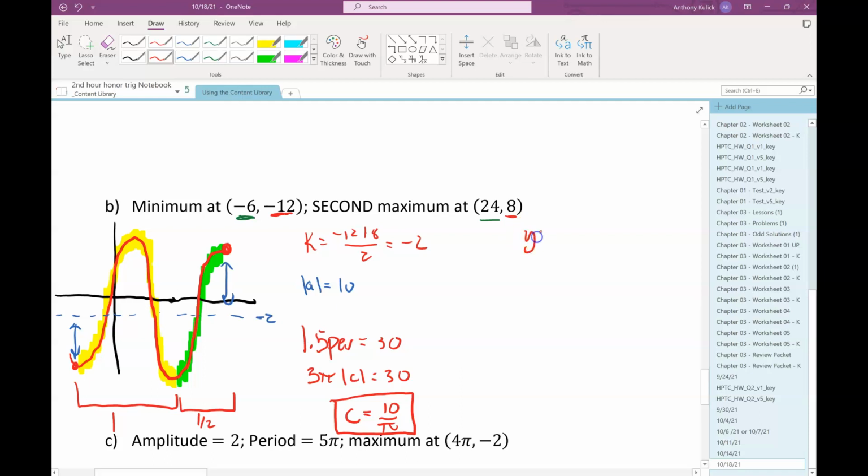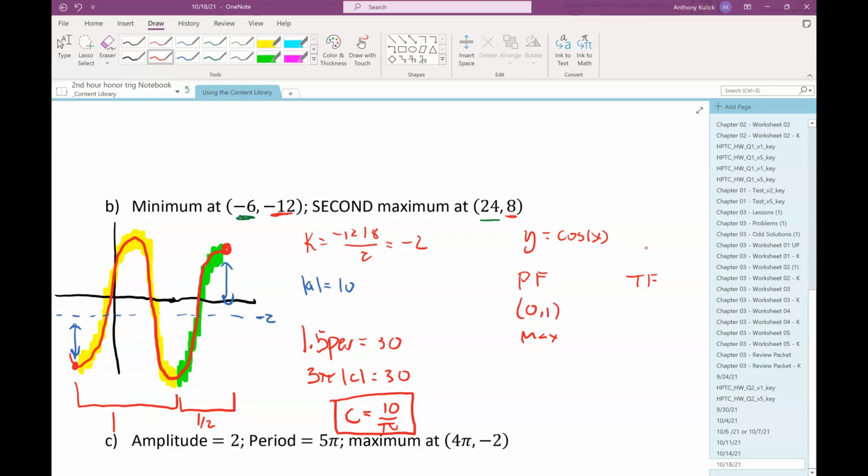If I had midline points, I would use sine. And the reason is because I'd like to be able to use an x-coordinate of 0 in my parent function. It makes the h trivial to find. It's not a big deal if you don't, but it just makes it a little bit of a hassle. Okay,